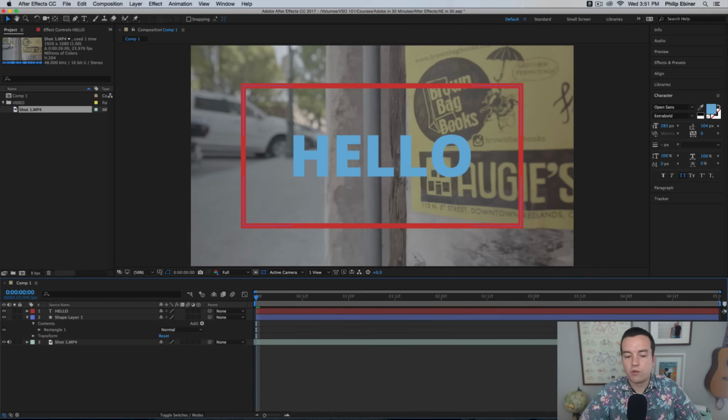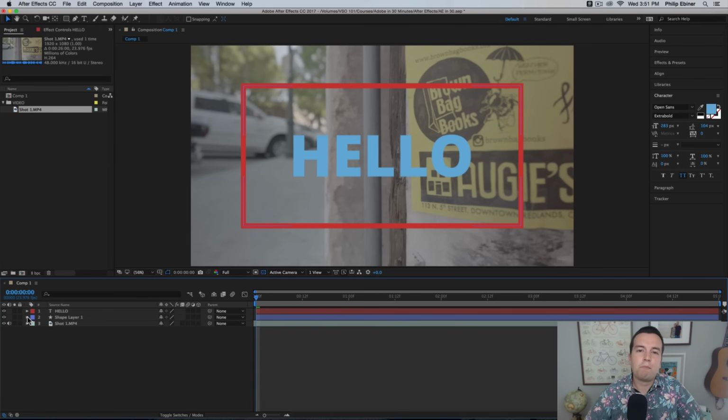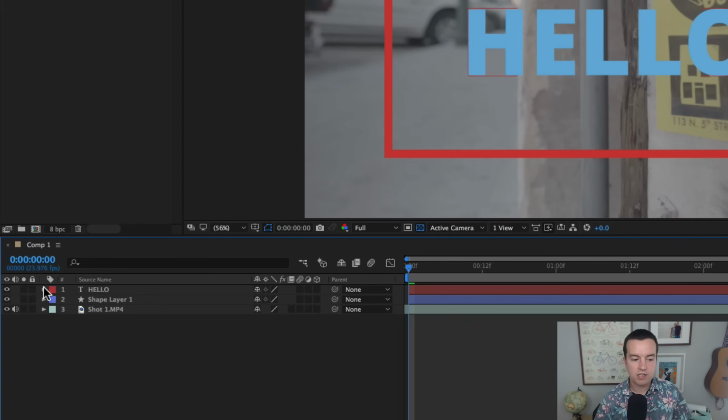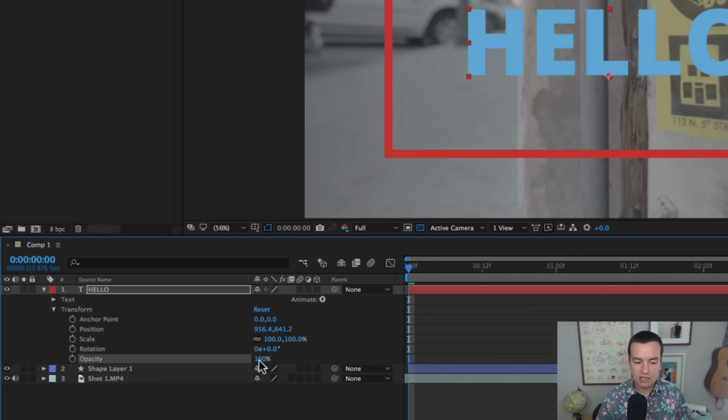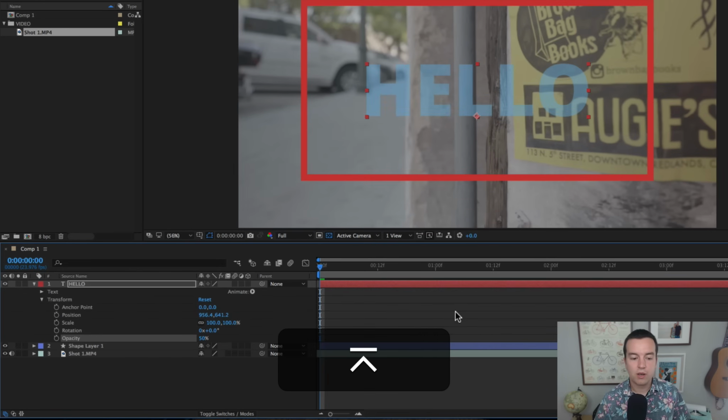Cool, so now we have 3 different layers in our timeline. One of the biggest aspects of After Effects are the properties for each layer. To get to the different properties on each layer, you can click this drop down triangle, which brings up the transform properties of the layer. And pretty much any layer down here will have these same transform properties: anchor point, position, scale, rotation, and opacity. Click and drag any of these, or click within and type in a number to adjust